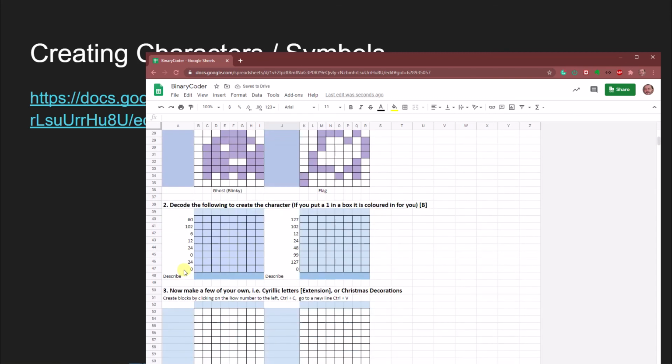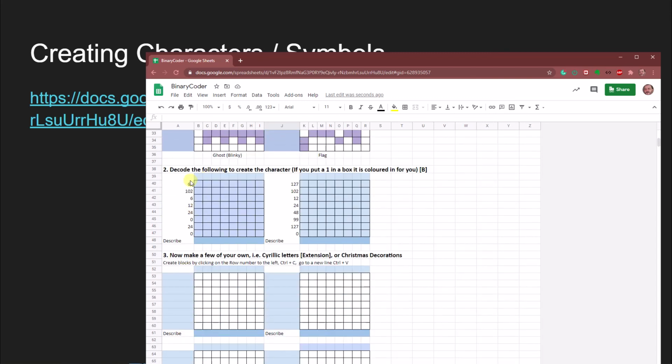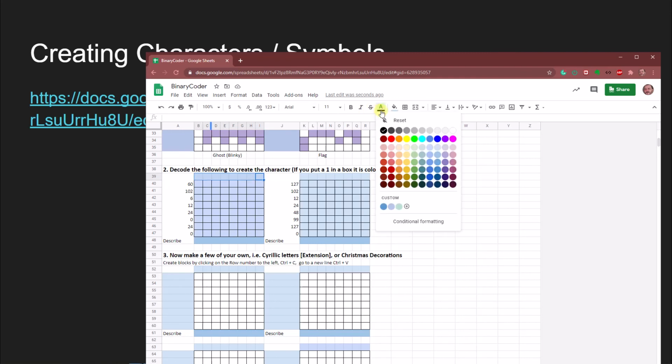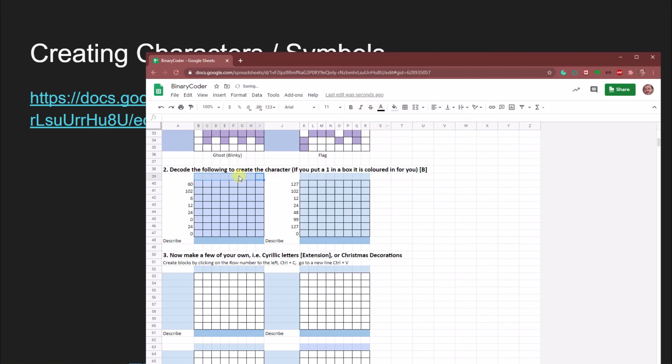Then the next one, you've got to decode these numbers. So you've got to say which values are on. So if we put a 1 into the box, it will colour it for me. So what's the number at the top here? Those numbers I need to fill in for myself. 1, 2, 4, 8,